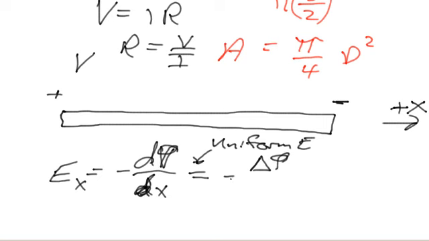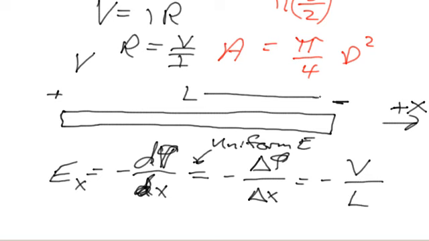So delta phi divided by delta x, which is the voltage that we were talking about, the potential difference between the ends, delta phi, phi high minus phi low, is V by definition, and we call this L, the length of the whole thing. So we got this electric field in here, extends from high to low,